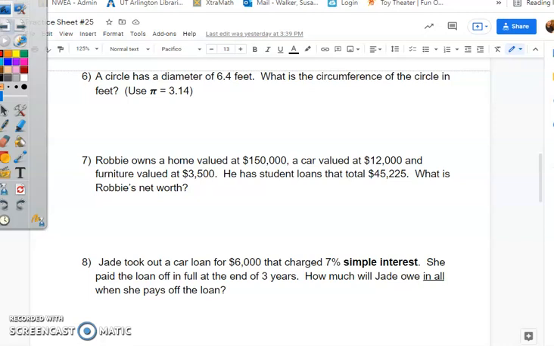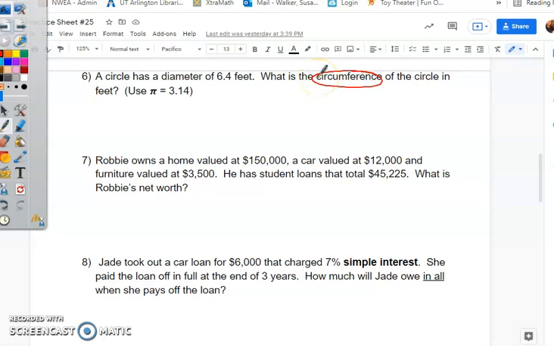Guys, we are going to finish up practice sheet 25. So let's start with number 6. It says a circle has a diameter of 6.4 feet, or 6 4/10 feet. What is the circumference of the circle in feet? So